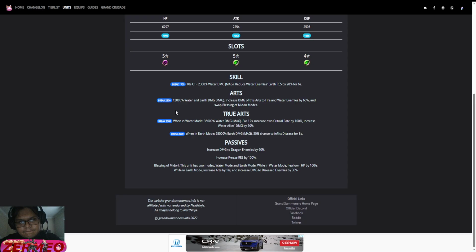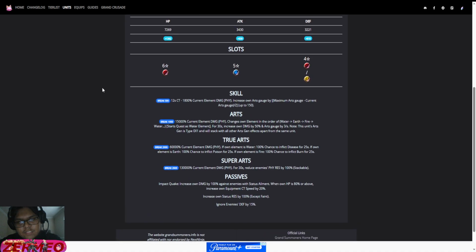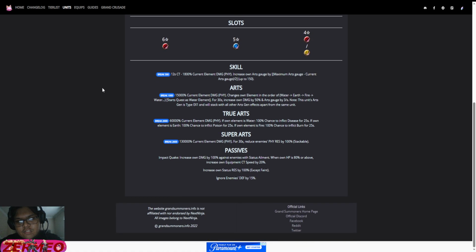Yeah. And he can do both damage at the same time. So, yeah, and then his true arts, this is a brief moment. His true arts just makes his, in water mode, he just does a lot more damage and boosts support damage. And then if he's in earth, he just does a considerable amount of damage to inflict disease. So that's the only other one that I know of that can change. But she can turn into 3. She can turn into fire too. So that's pretty powerful in itself, especially for future